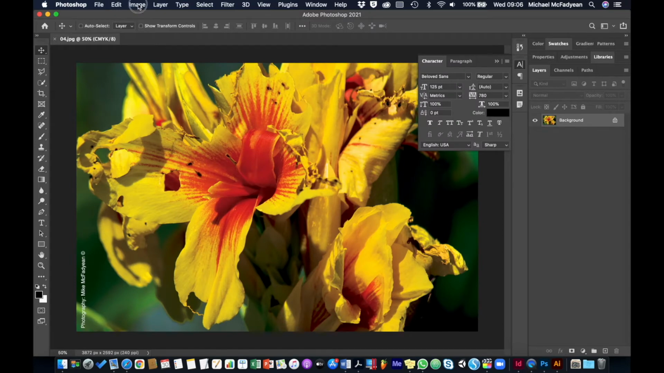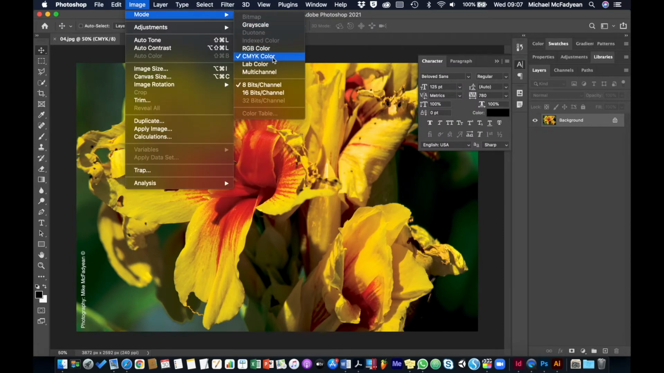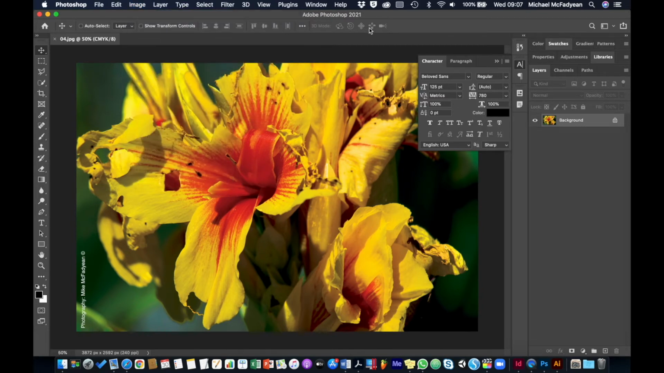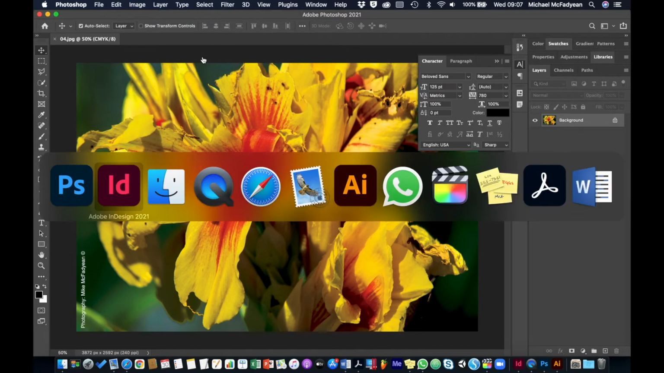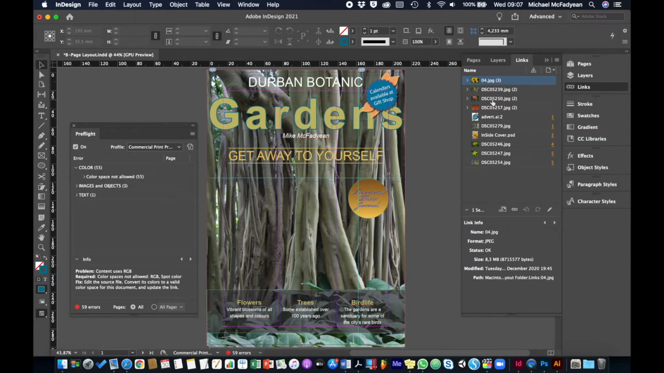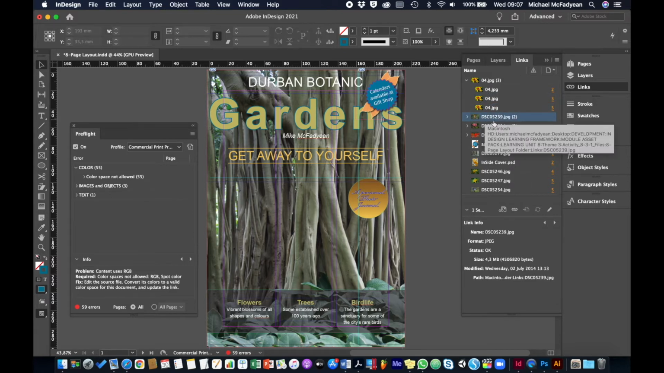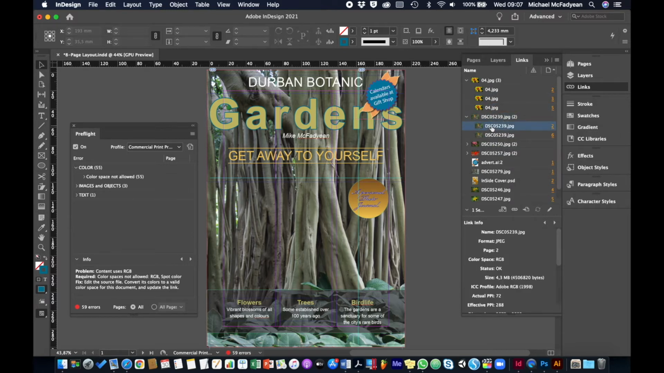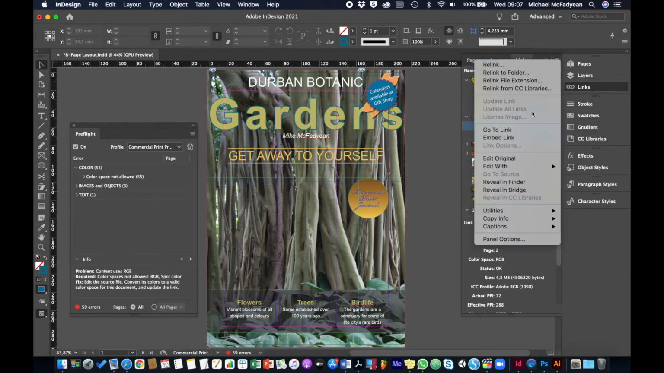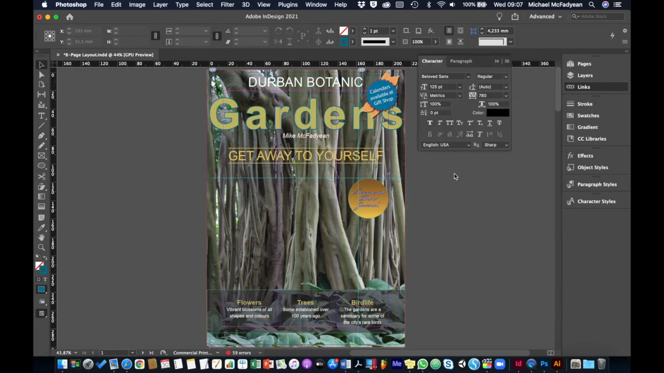I'm going to convert it, image mode. It is CMYK already. Okay, so that's not a problem. Let's just check. CMYK, CMYK, CMYK. Let's check this one. This one's RGB. Okay, so edit with Photoshop,